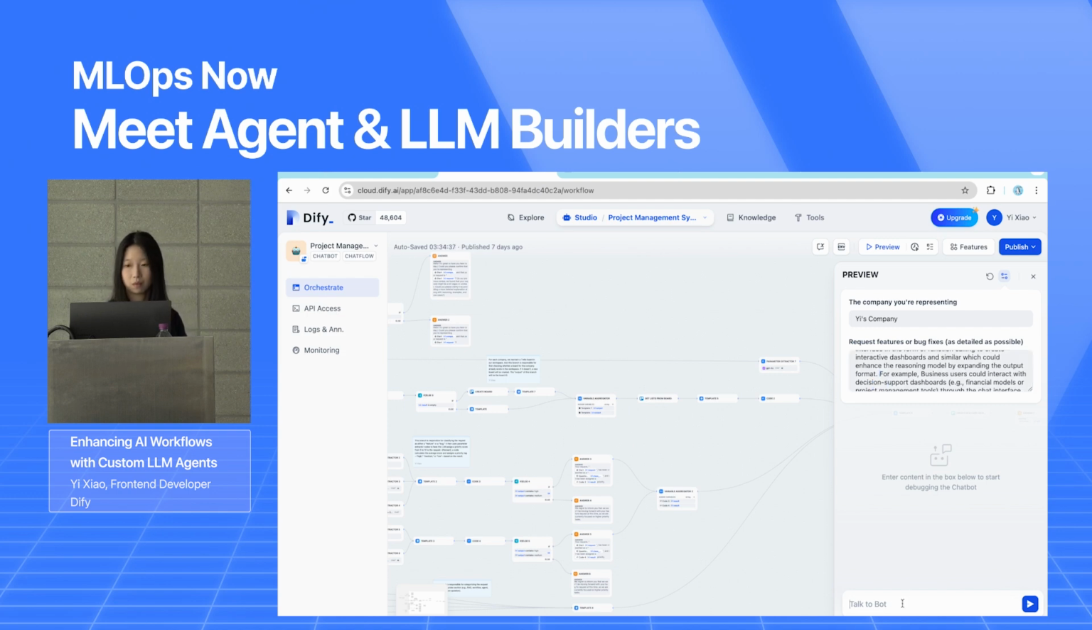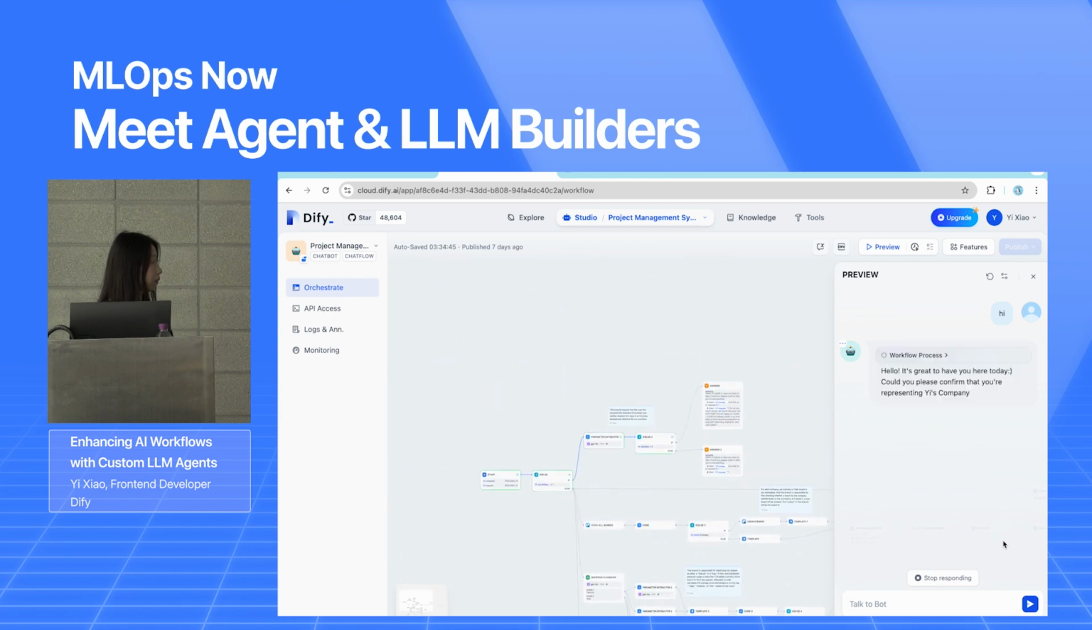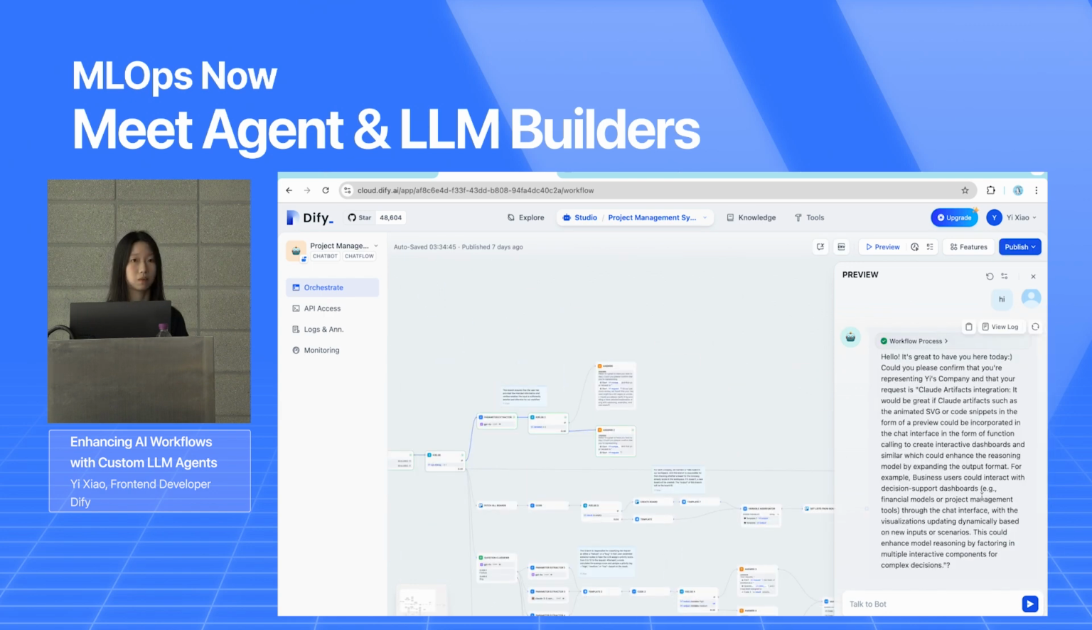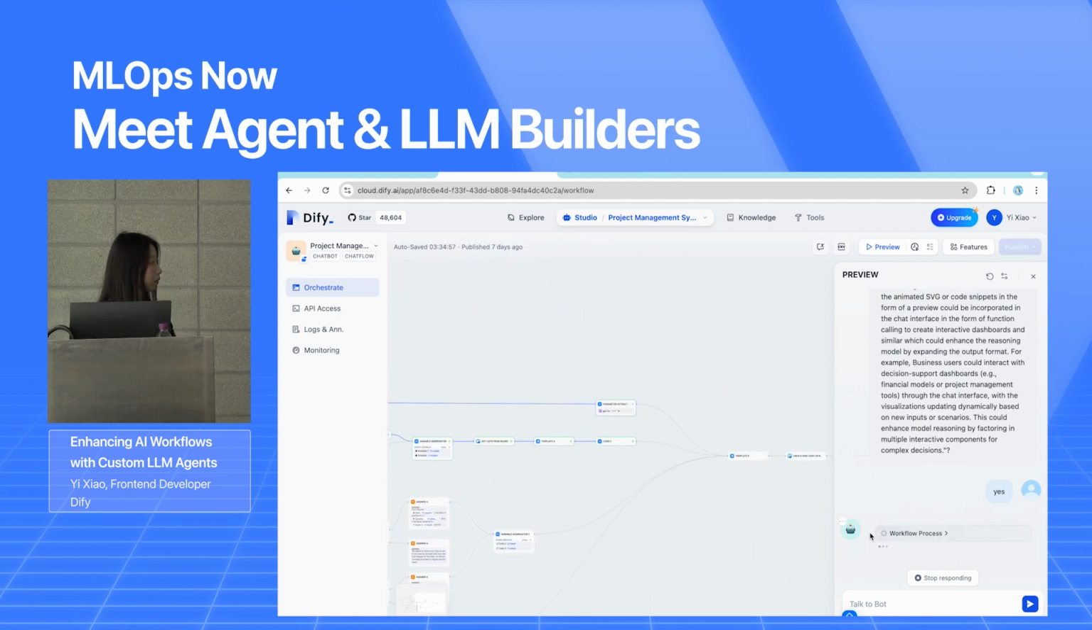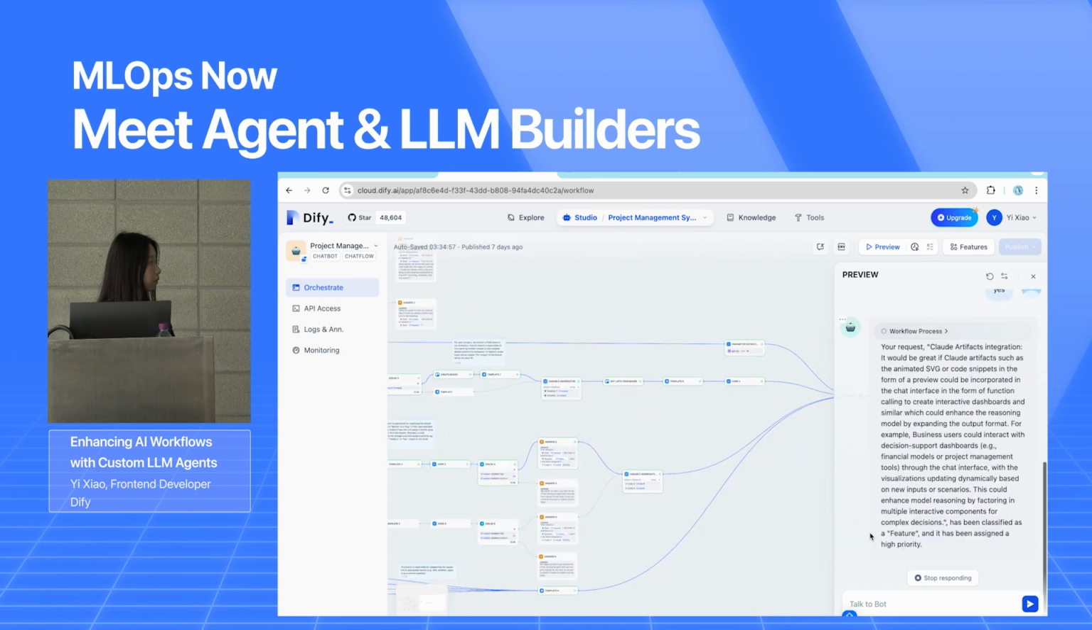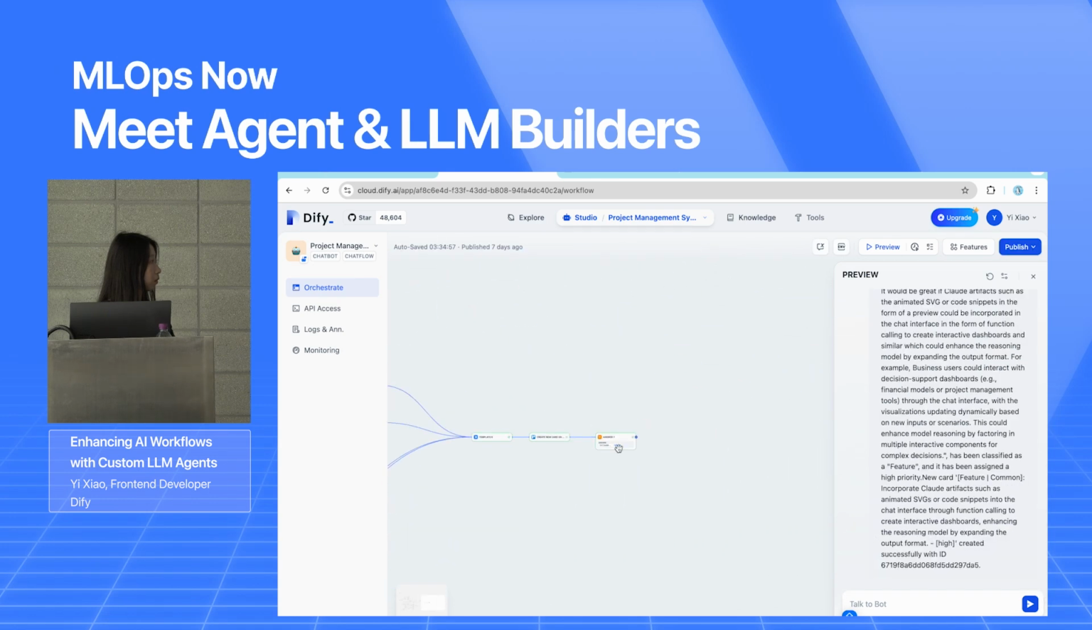And now, after providing these two inputs, you can chat with the agent, and it will check if the request is valid first. And if it is, you can confirm with yes. And the workflow will carry out all the tasks mentioned earlier, and it will first create a Trello